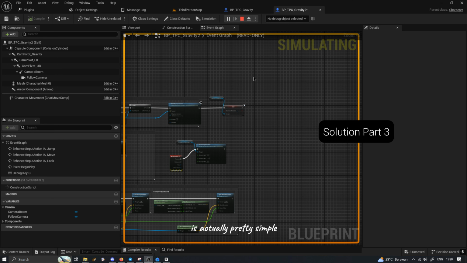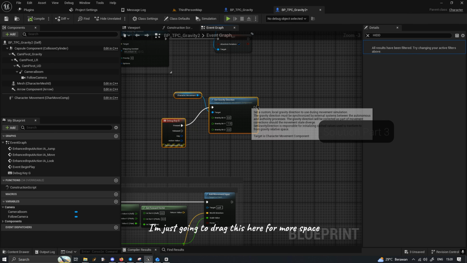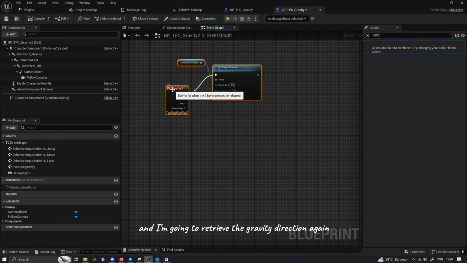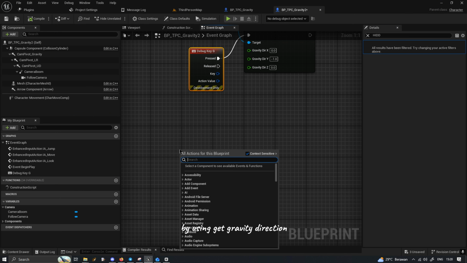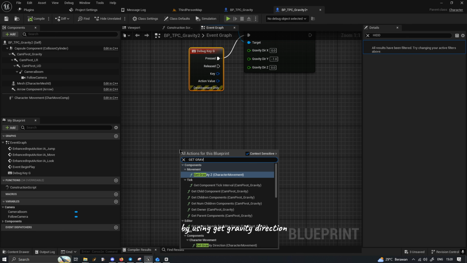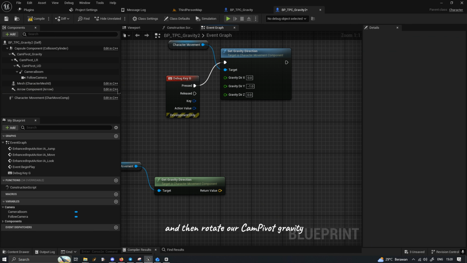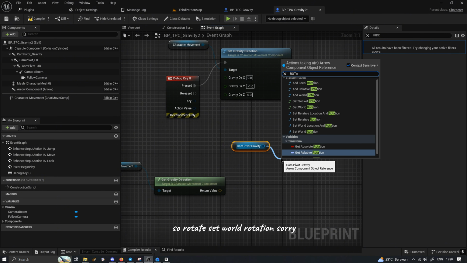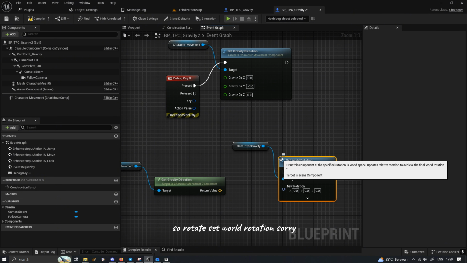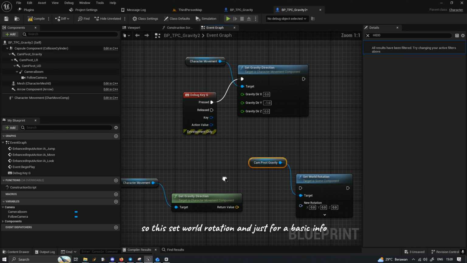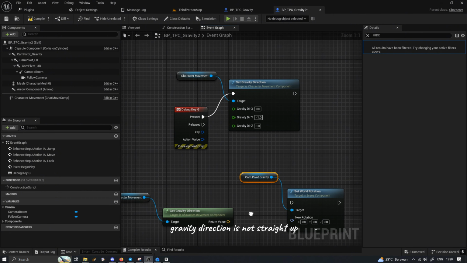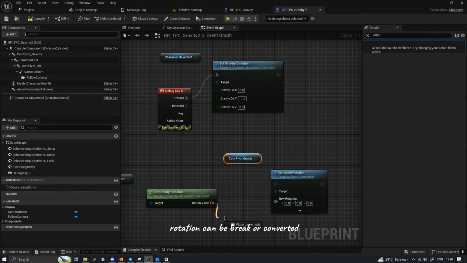actually pretty simple. I'm just going to drag this here for more space, and I'm going to retrieve the gravity direction again by using get gravity direction and then rotate our cam pivot gravity. So rotate, set world rotation, sorry. So this set world rotation,